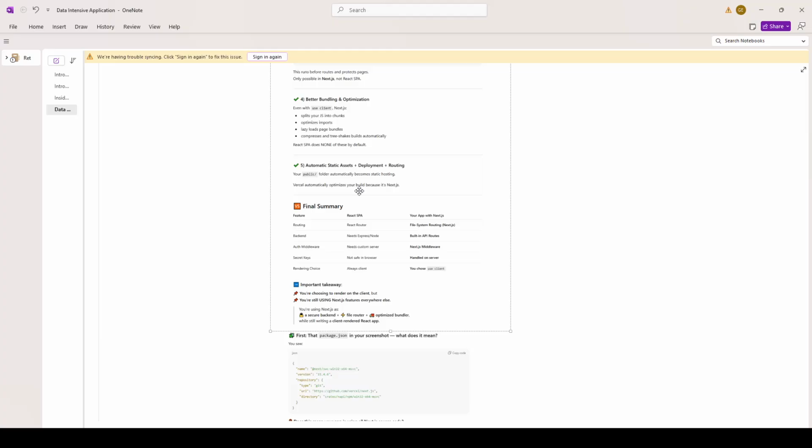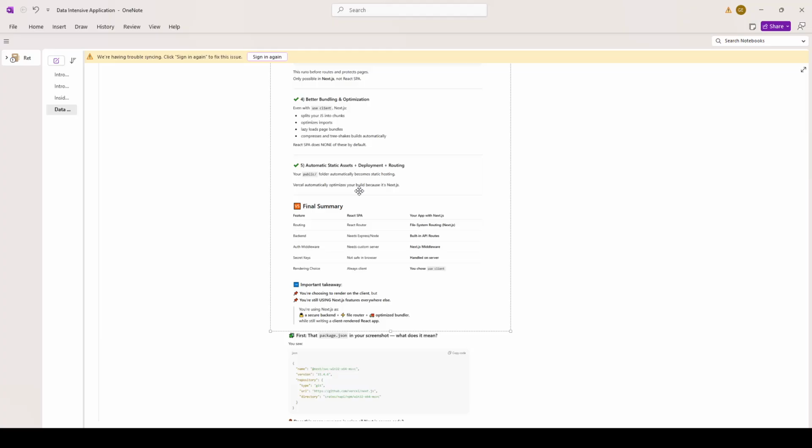So the public folder I have in my app automatically becomes my static hosting for Vercel, related to deployment and routing. And Vercel automatically optimizes my build when building this front end along with these node modules, because it's